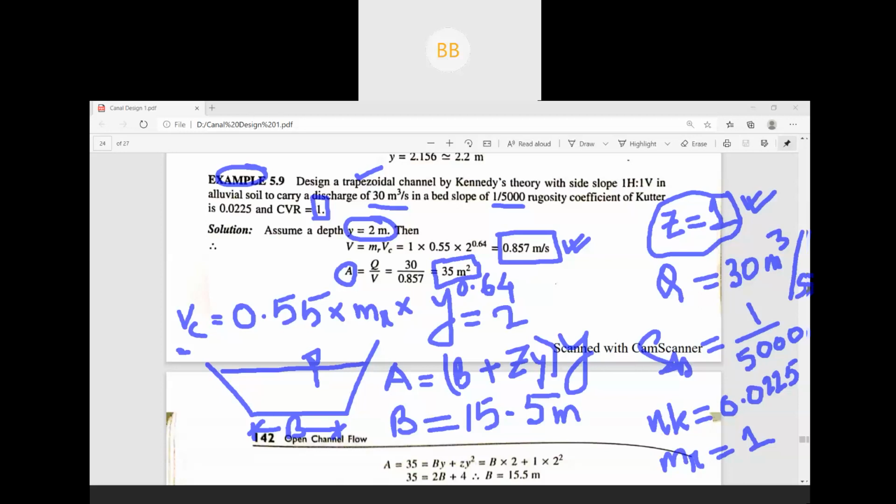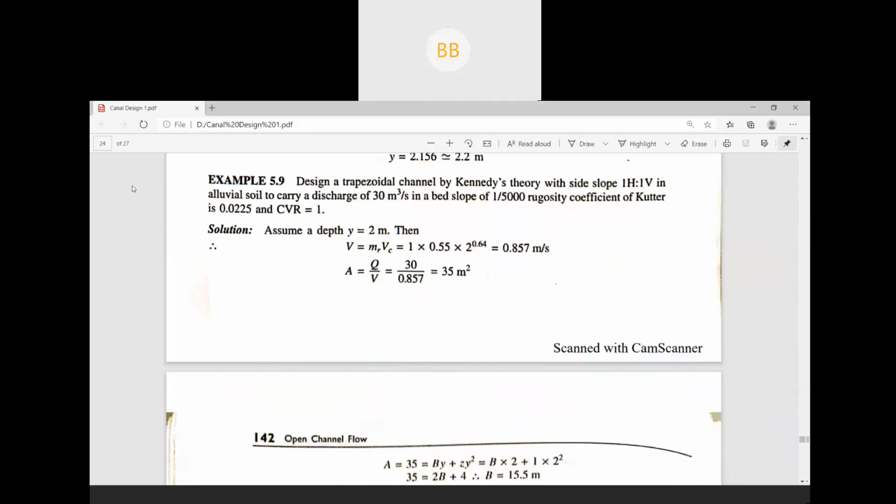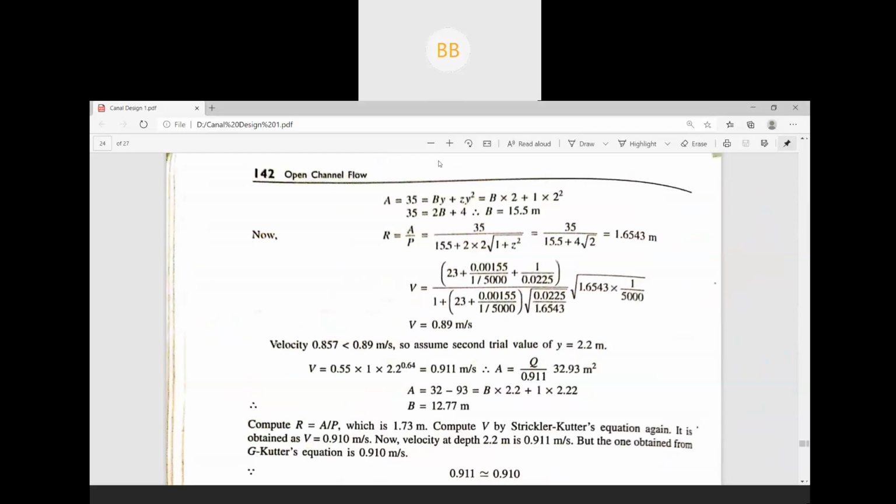You're getting the same value. Okay, so next we are going to